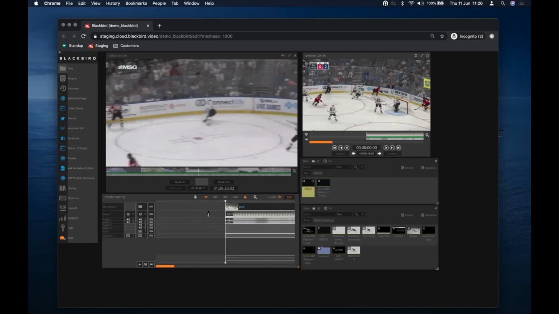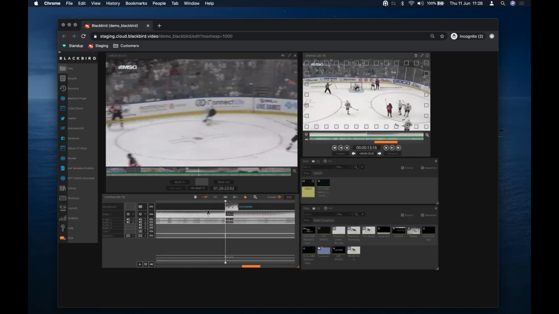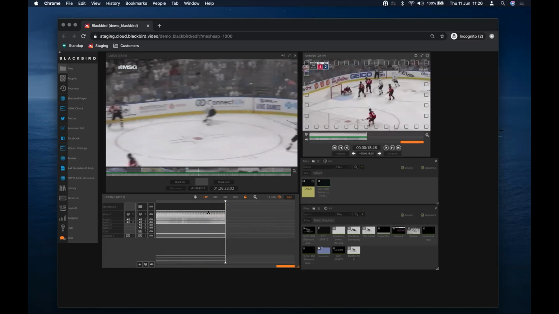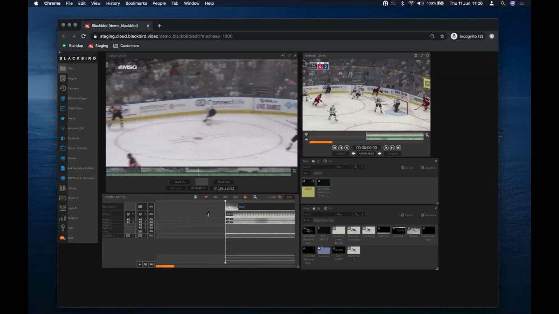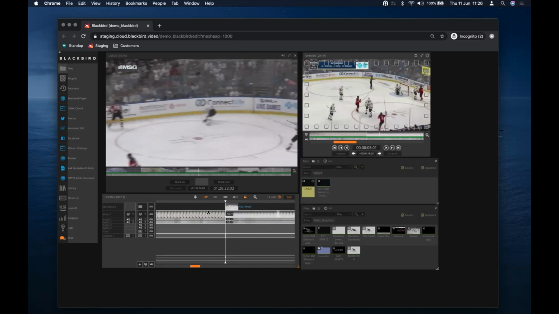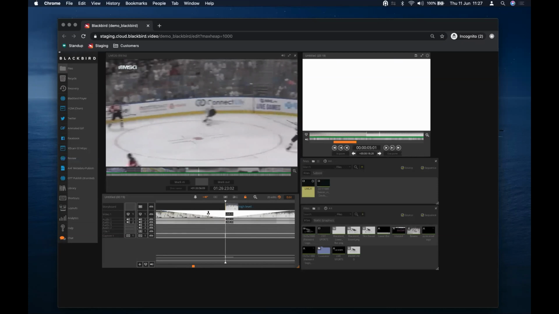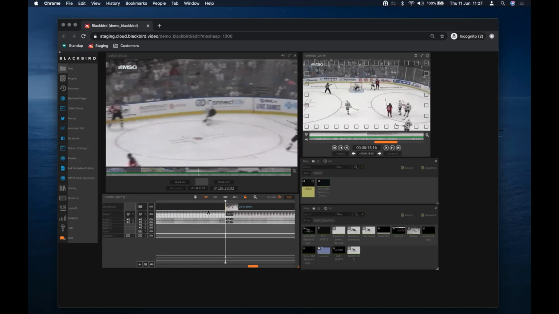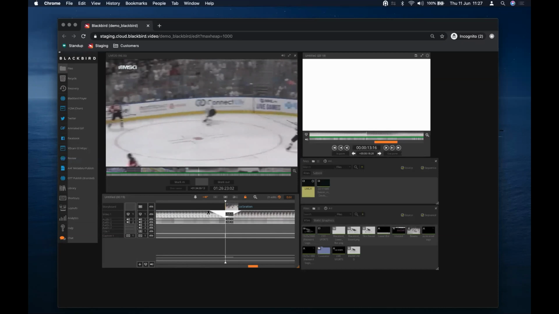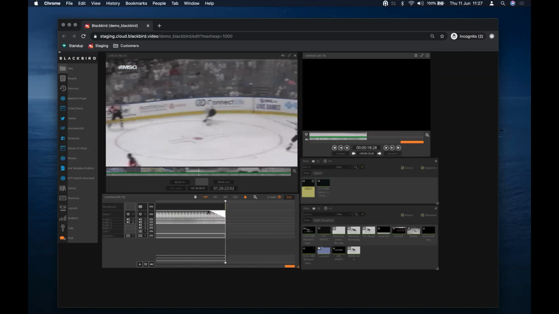So I've got my 3 clips. You'll see I'm just quickly navigating between the individual clips on the timeline just by going through with some keyboard shortcuts. I'm going to zoom into the timeline there and actually just very quickly add some V fades through white. Again, a single key press I've done to add that. This is the kind of effect that's particularly popular in sporting content. It gives a good high action